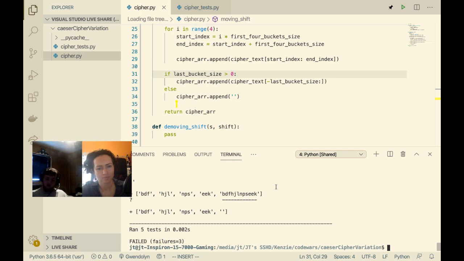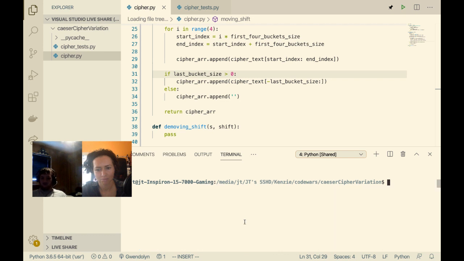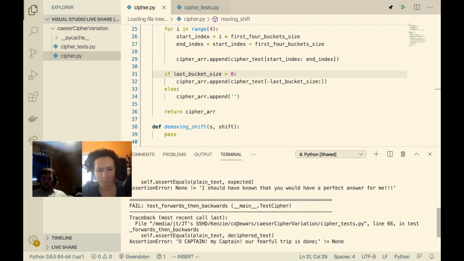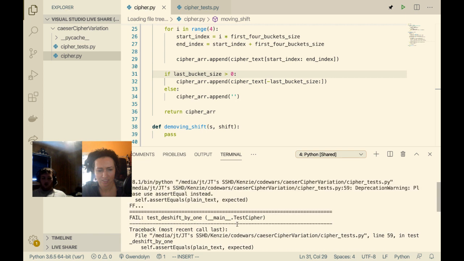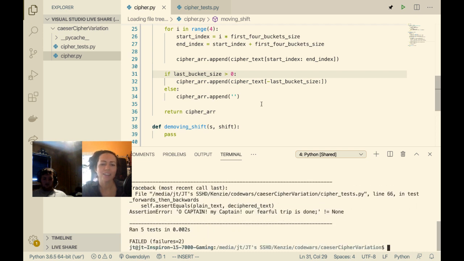Oh, my screen got real big. I accidentally hit plus instead of backspace. All right, let me try to run this test again. Else, you didn't put the colon. Yep. Okay. Thank you for catching that. Failures 2, and that is actually what we're looking for here, because the 2 failed tests involve the D-moving shift. Oh, okay. Yep.